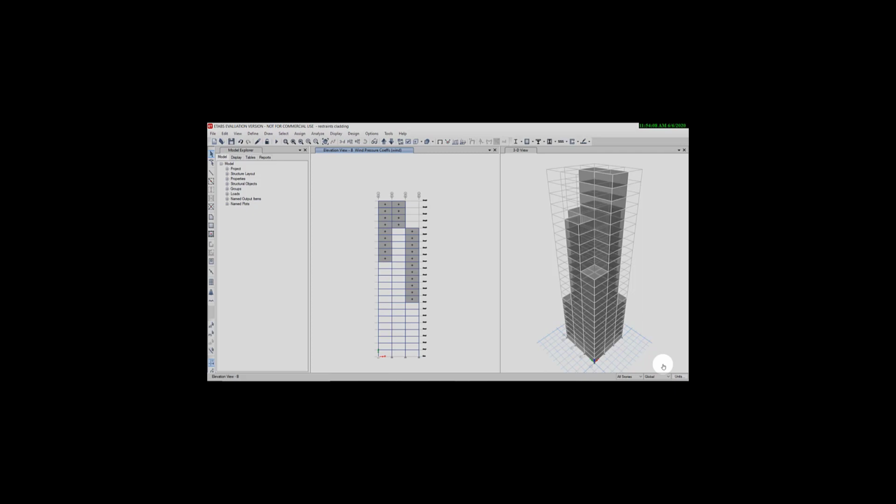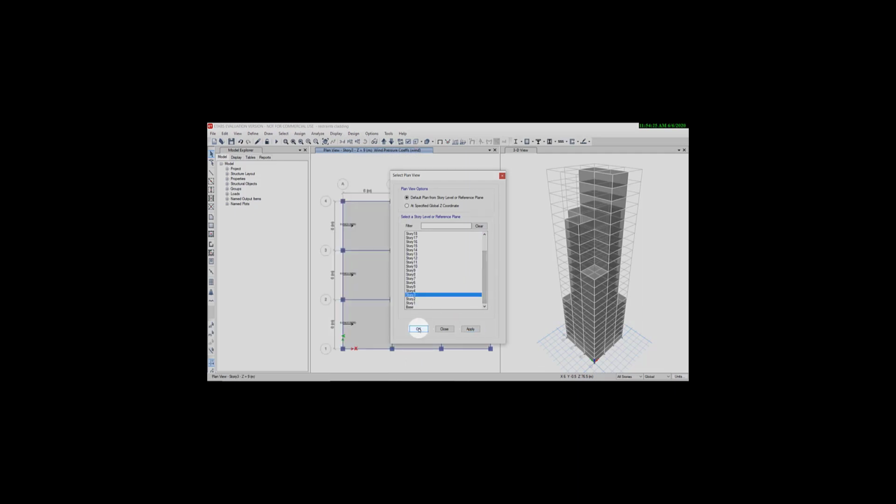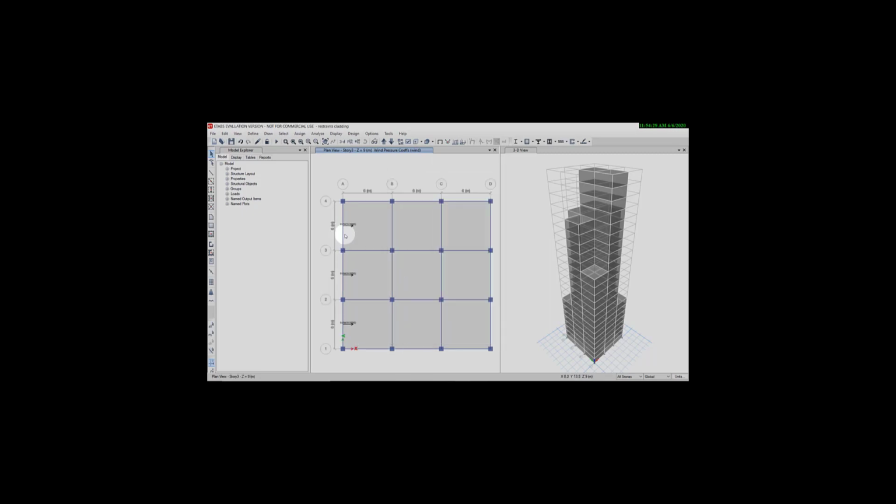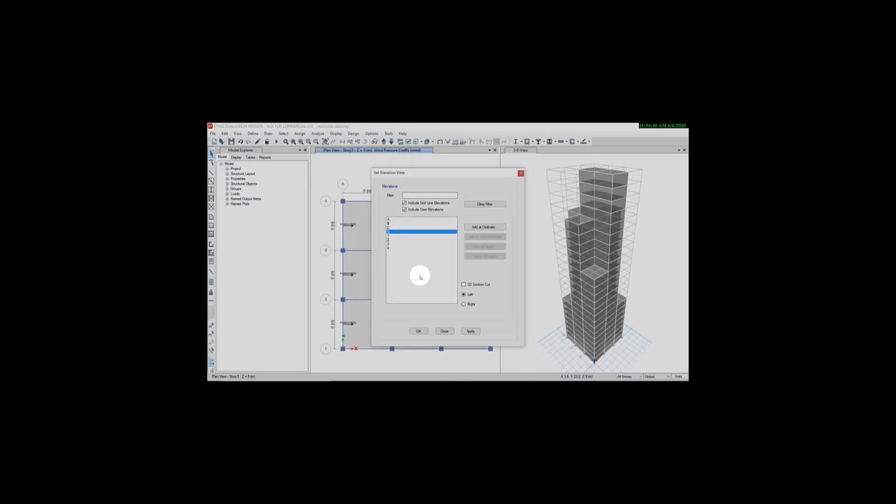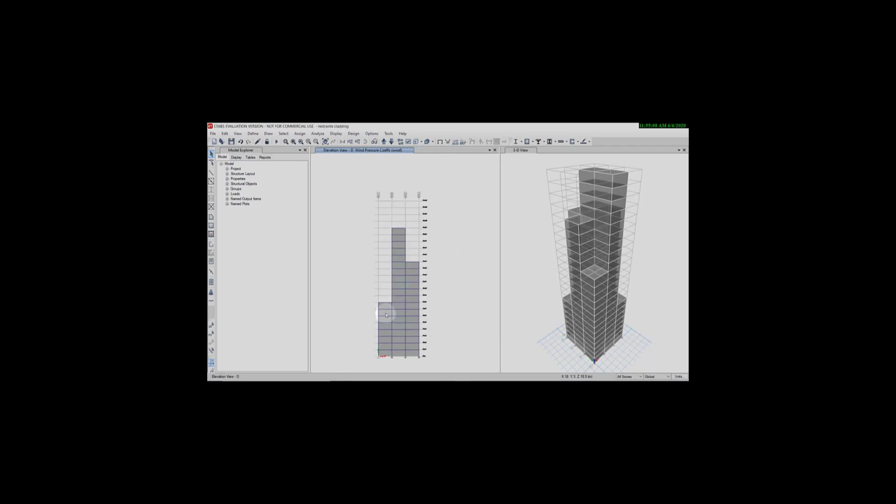Now we have to go on plan view, go on story 3, apply, OK. Here we can see the wind load is applied on this side. On opposite side we have to apply wind load. Then go on elevation, select frame, story or not.